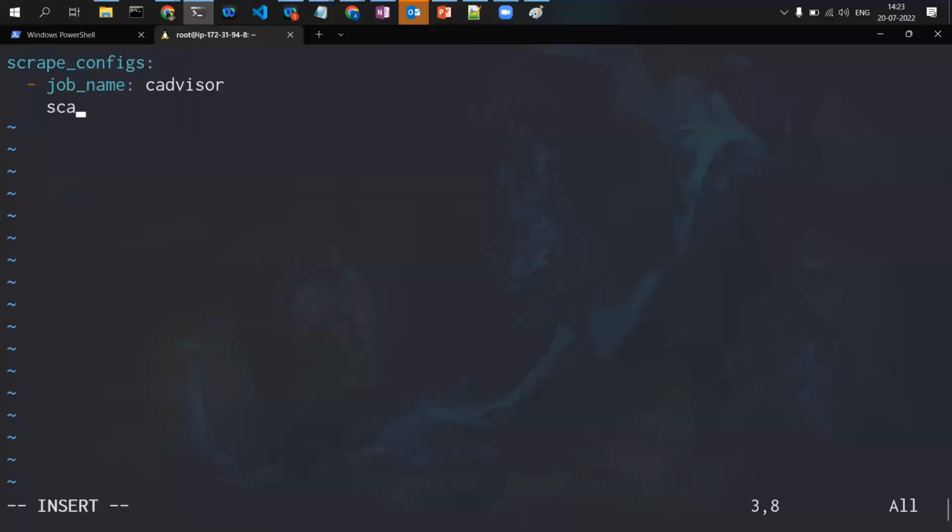Then scrape interval, how frequently the scraping should be done, 5 seconds, 10 seconds, anything can be given. And then static config, here we are going to specify what is the target, right? So targets is